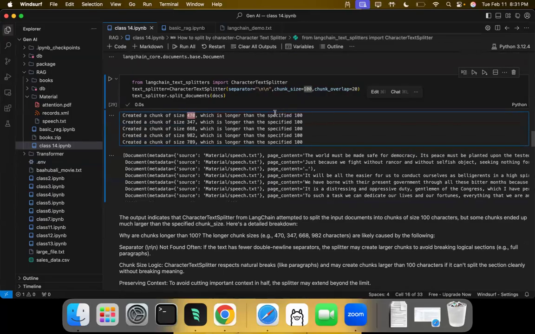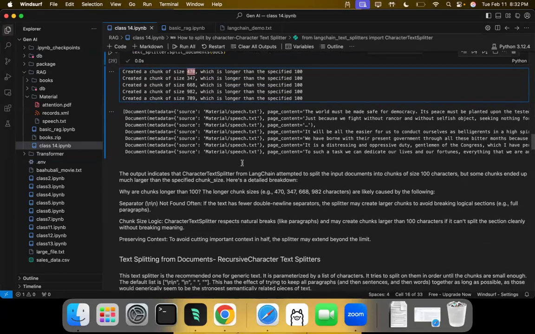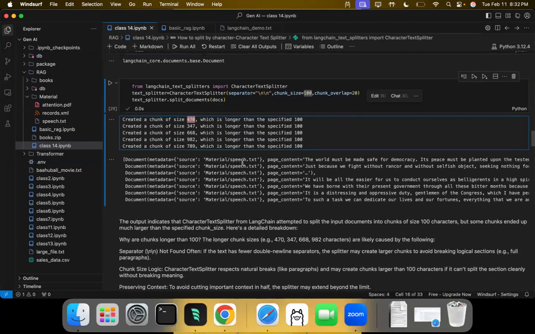So slash n and slash n, that means it's a paragraph delimiter. Okay. So then what is the purpose of giving